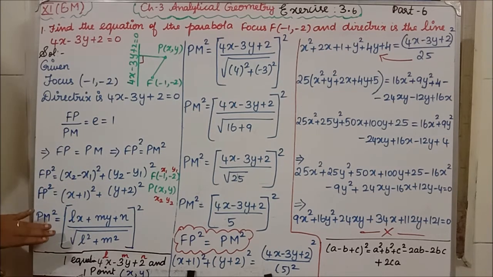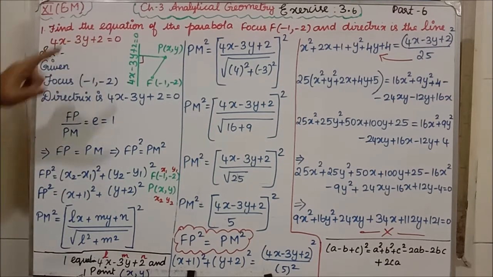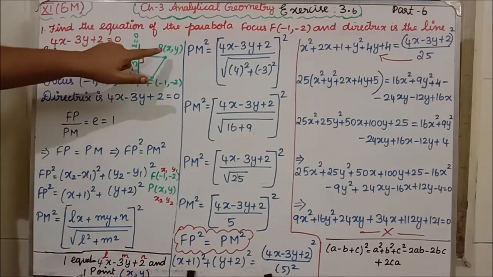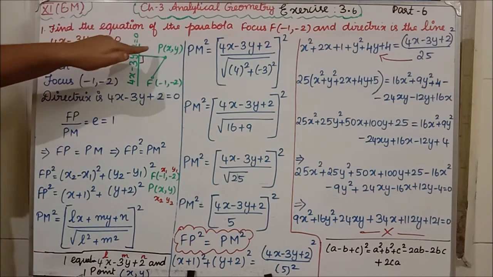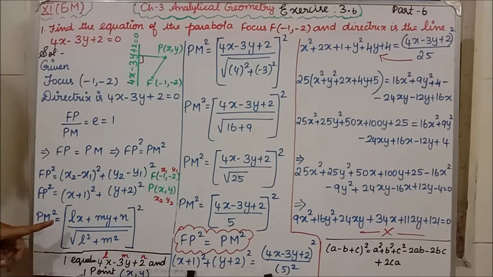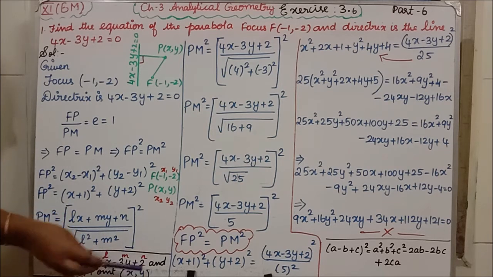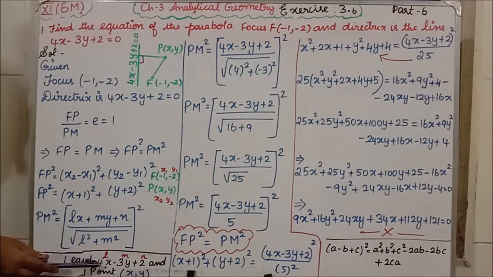Now, what is the equation of the line? They have given 4x minus 3y plus 2. See, I have written it down. Can you understand it? One equation they have given, and the one point is (x, y). We are going to find this distance now. So here no change will come: the same x and y will be used, because the point is (x, y). Here x, y will not change. L means what? 4.